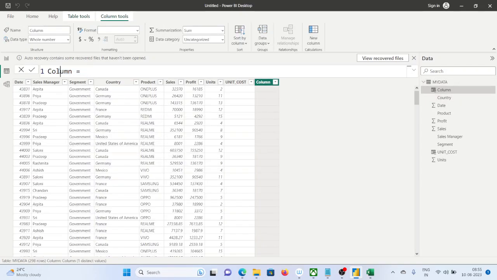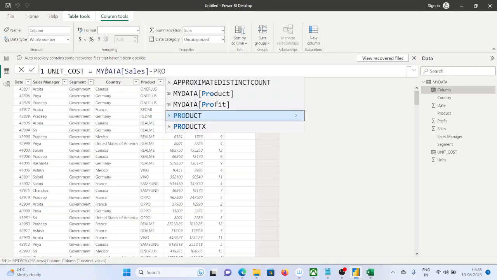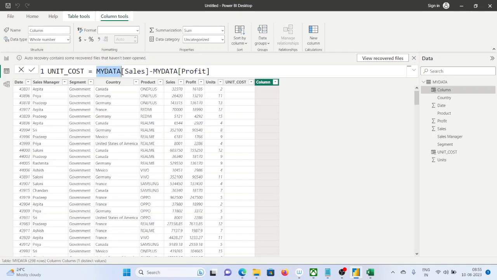I am writing per unit cost formula. Unit cost equals to sales. The moment you type sales, see, in the mind data table you have a field called sales. Minus profit. Profit is a part of the mind data table. So mind data sales, then mind data profit. The moment you press enter,